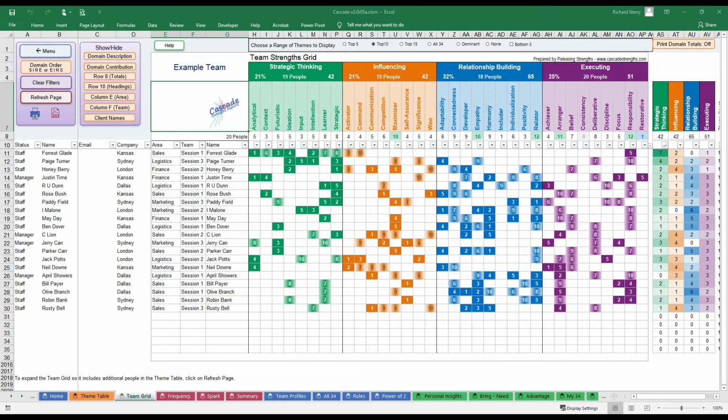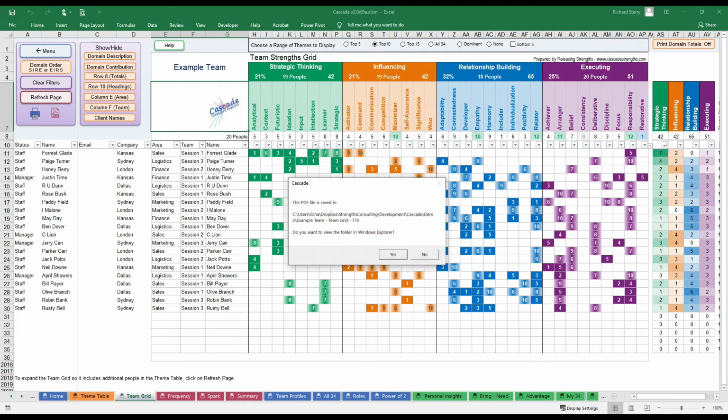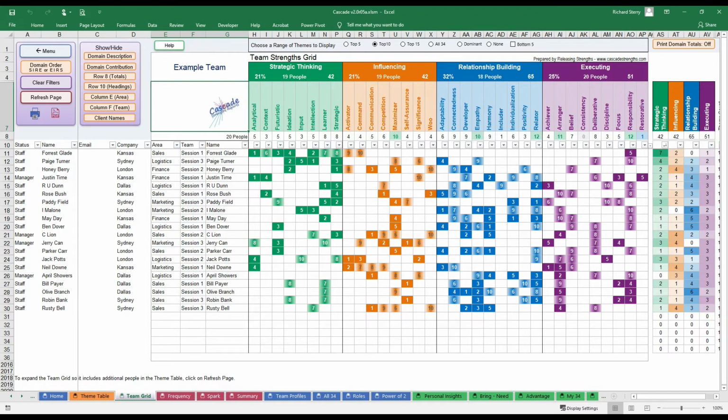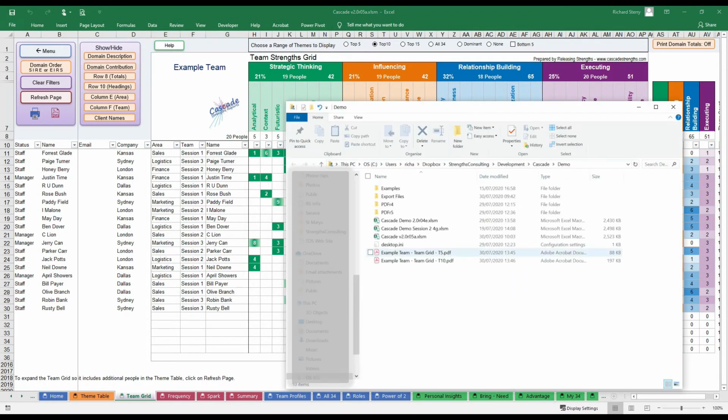The file name for the PDF report shows the team name, the report name, and then T10 for the top 10 themes. So it's just a nice way of being able to identify the different variants that you may print out for the different team reports. And you can see here that if we look at the folder, you can see the 2 different options that we have